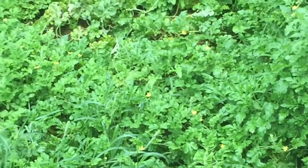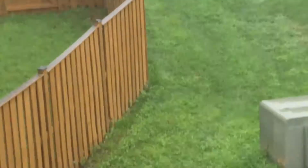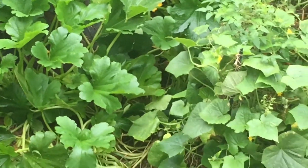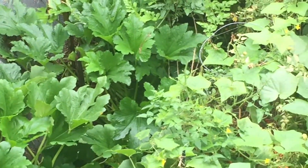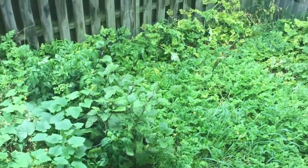You see it's raining out here once again. The rain is coming down, cloudy skies. And I'm just doing a quick overview of the garden. Look how big the zucchini is. Those are huge zucchinis, aren't they? Look, those are huge. I don't think I ever did this before, a garden overview, but